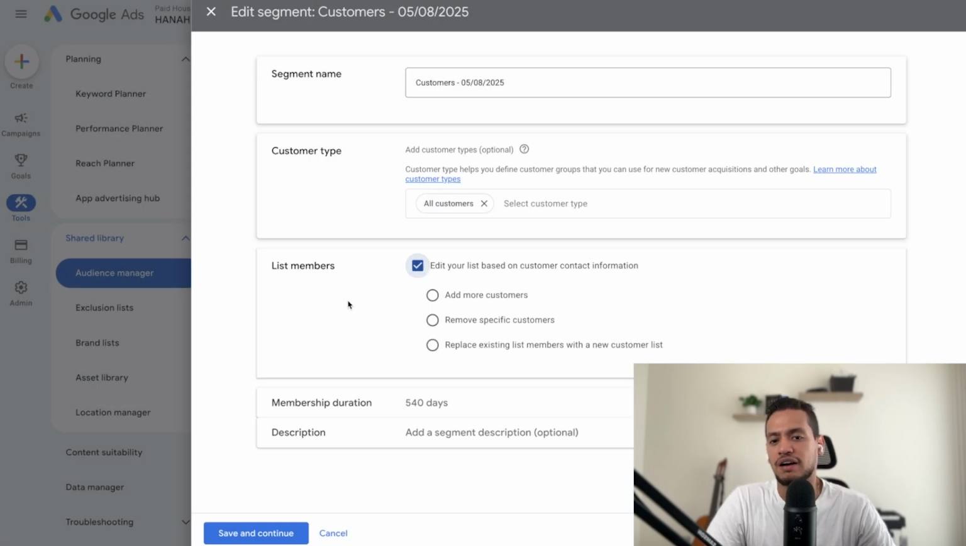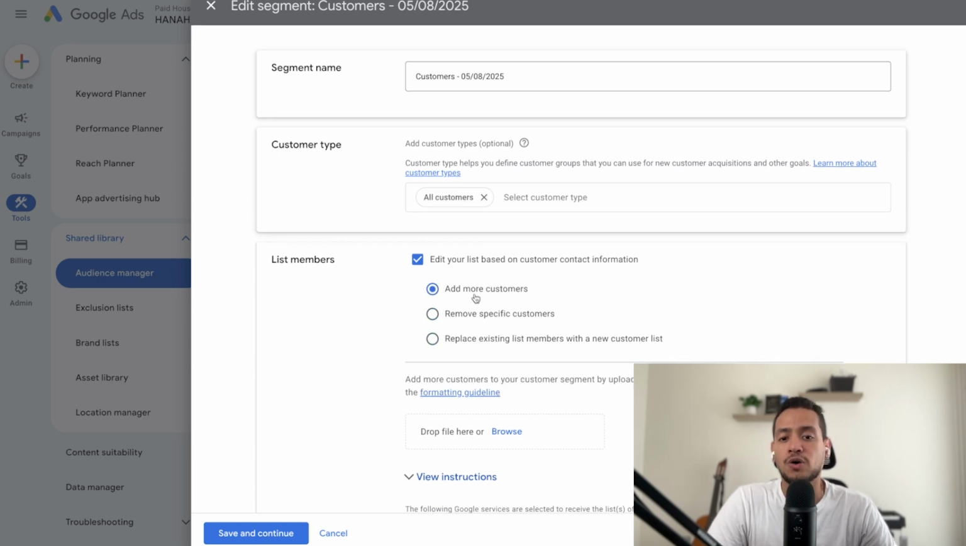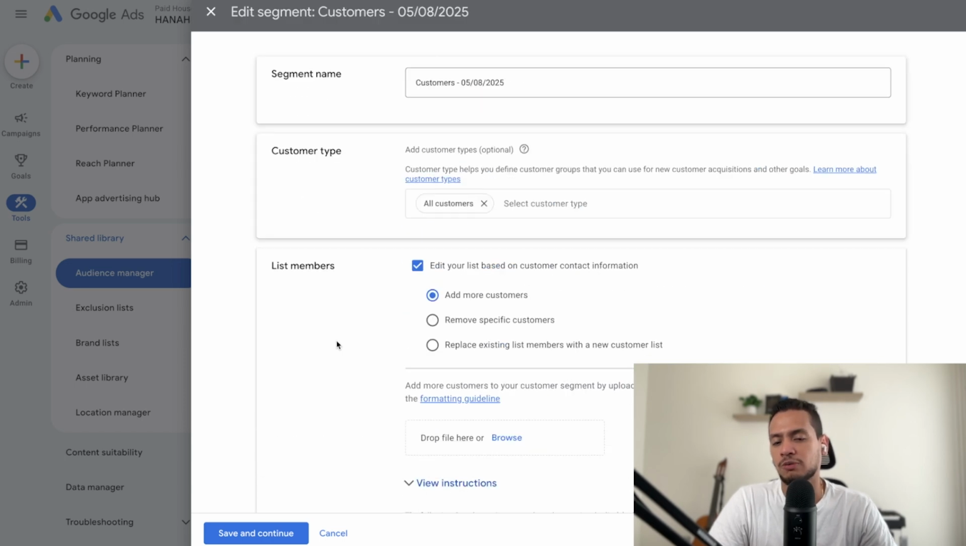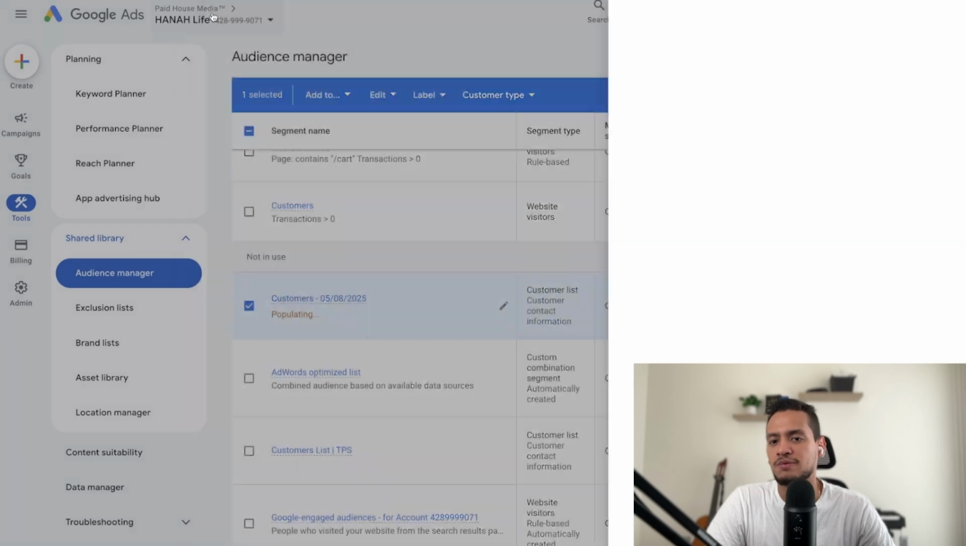And then you have a few options here. You can edit your list based on customer contact information. So you can either remove specific customers, you can replace the entire list with a new list that's already cleaned up, or you can add more customers. So this will help you. You can upload another file and just follow the same process until you have a match rate of at least